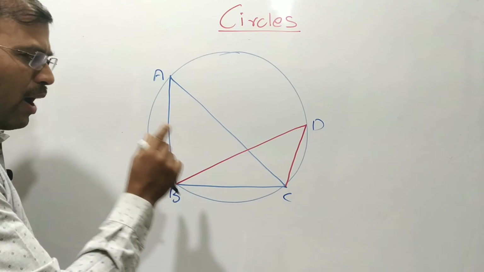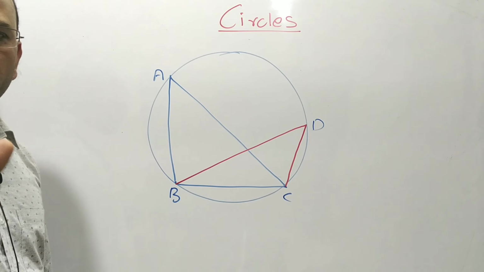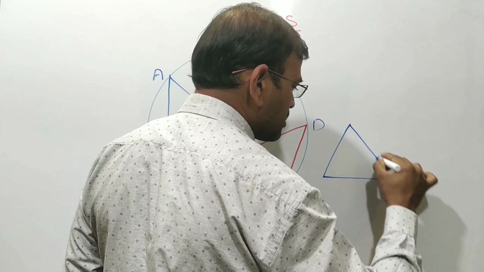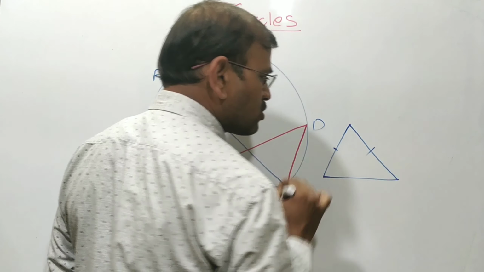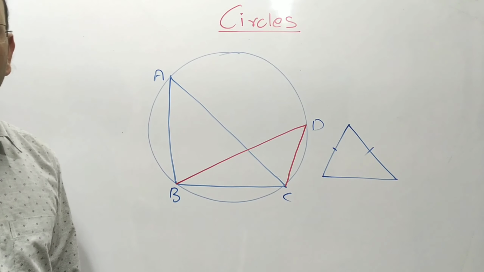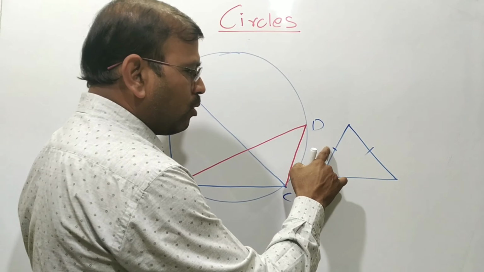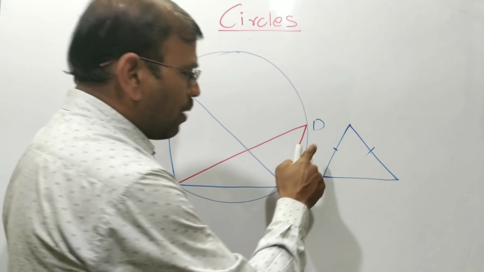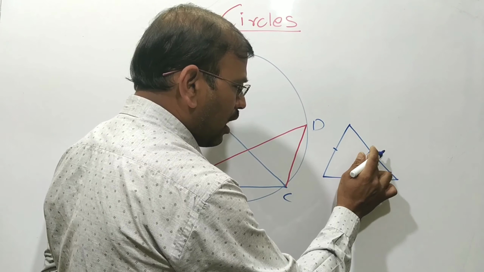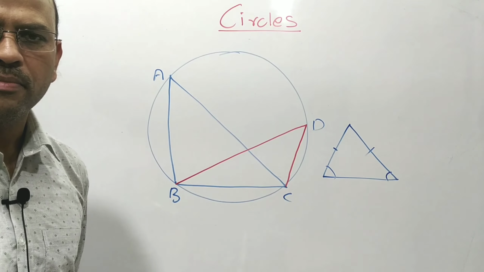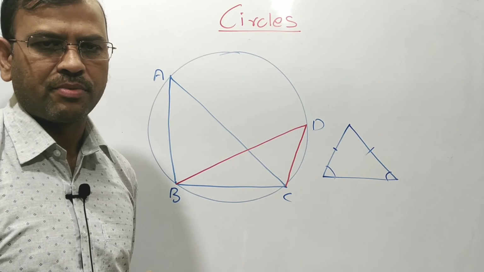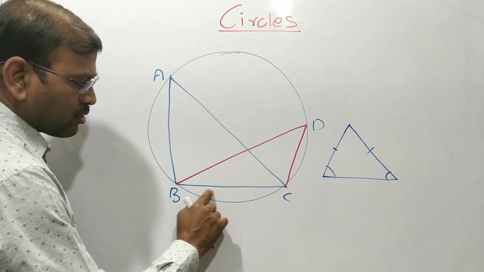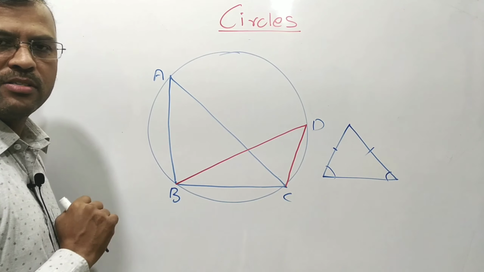Now to understand this, I will explain a known property, one of the known properties of the triangle concept. For example, this isosceles triangle. In an isosceles triangle, we know that two sides are the same, and opposite to these sides, the angles will be the same. This is a very familiar concept for us. Now here also, look carefully.